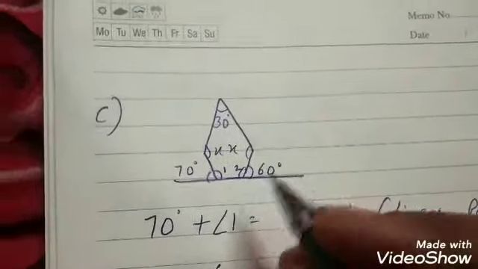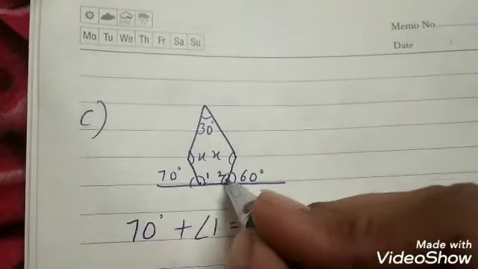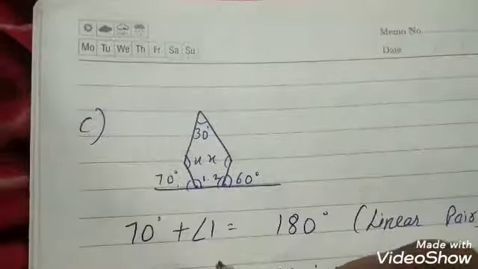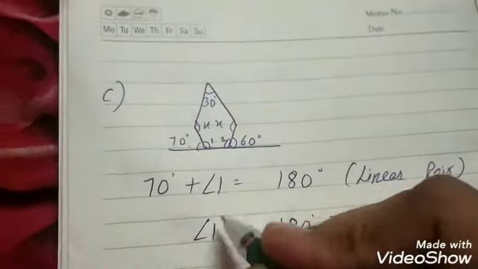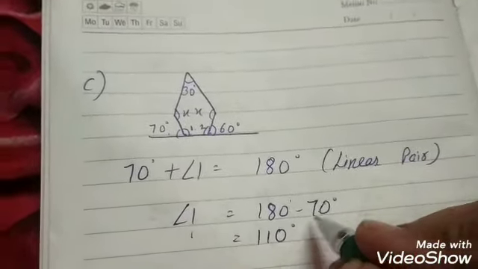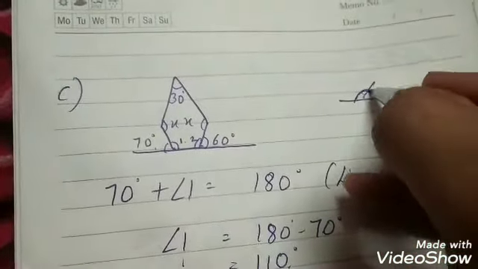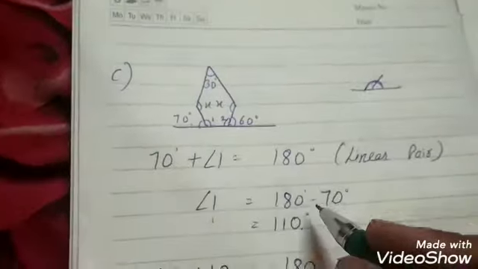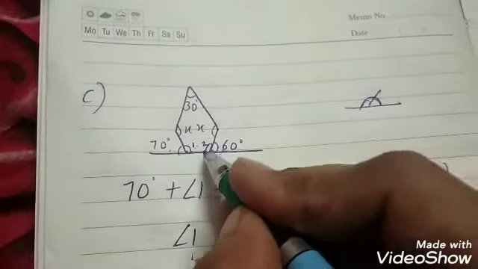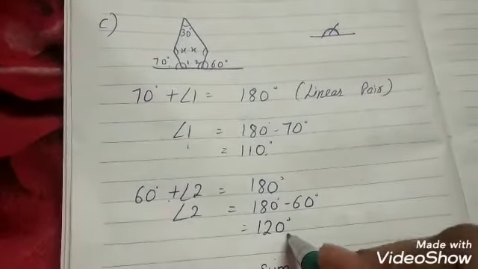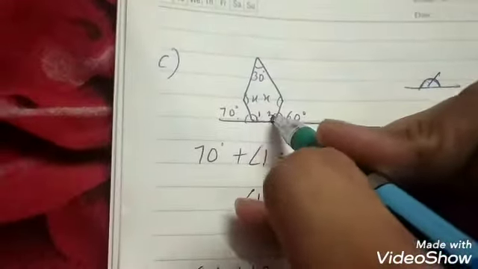Then in the c part, you can see this is a figure. These 2 angles were not named, so I have named them 1 and 2. Now you can see 70 and angle 1 are making a linear pair. So angle 1 will be left here, 70 will go there and it will be subtracted. Class, let me tell you, the linear pair is made on the straight line. Okay. Similarly, 60 and angle 2 are also making a linear pair. So 60 and angle 2 is 180. 60 will go there and be subtracted. Now we got these 2 values.